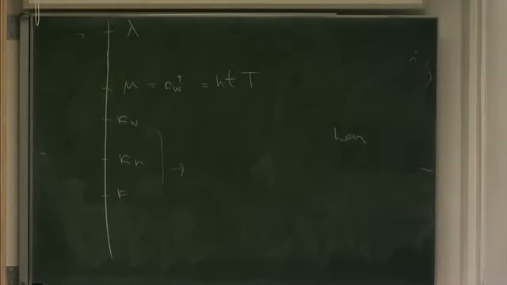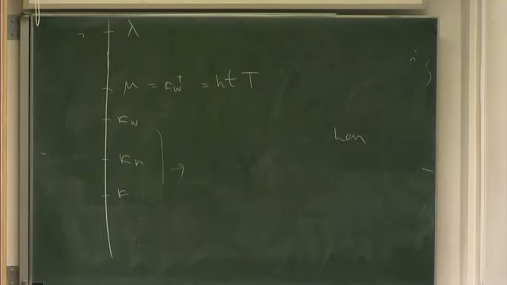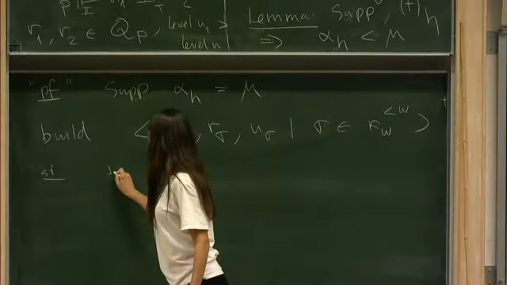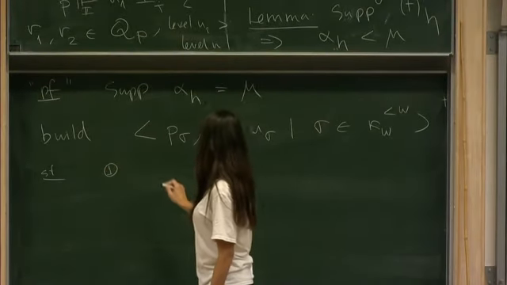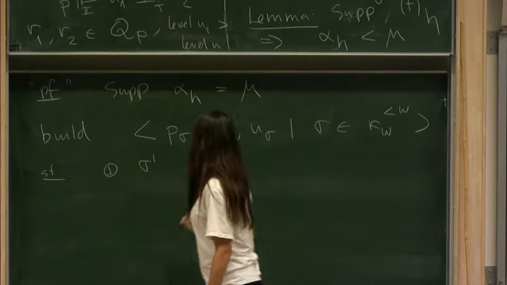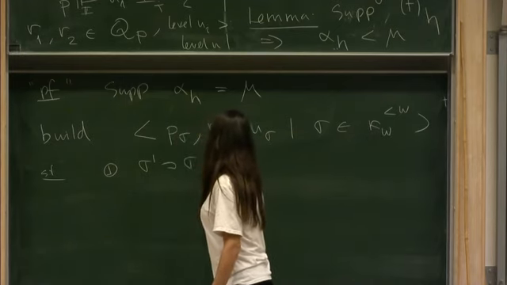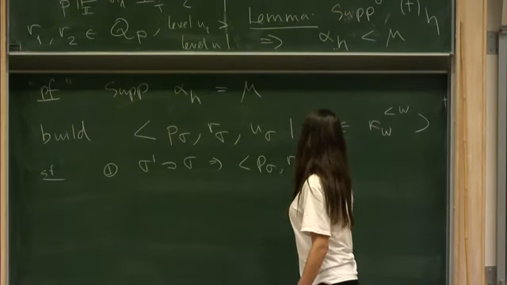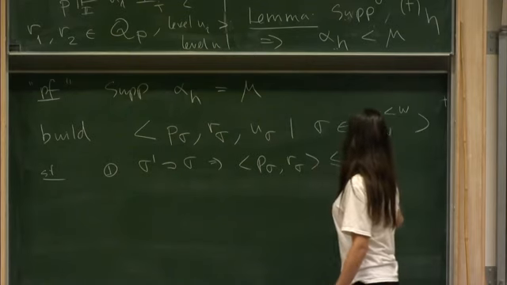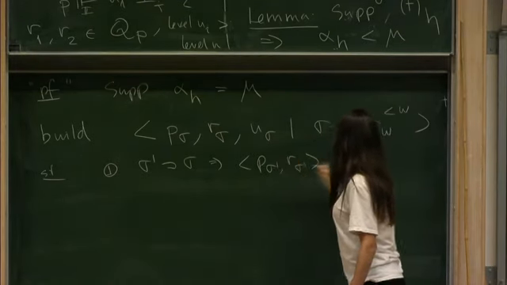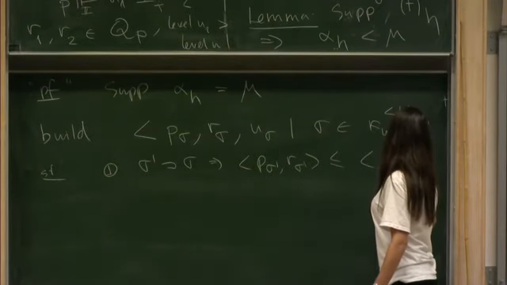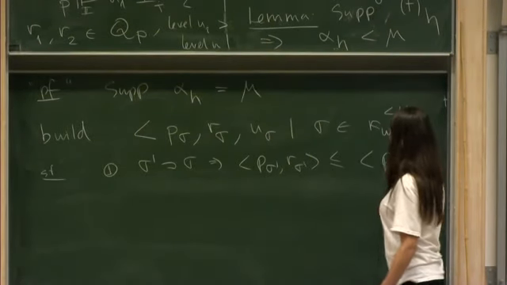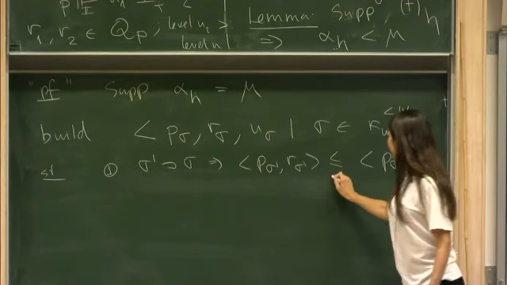So build this such that, assuming splitting, if sigma prime extends sigma, we want this condition, p sigma r sigma to be less than or equal to sigma prime to be less than or equal to p sigma r sigma, less than or equal means stronger,